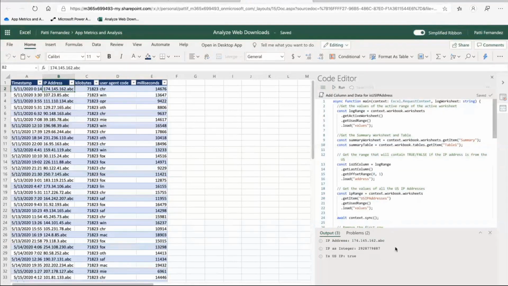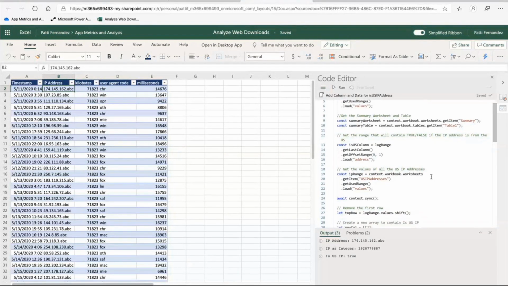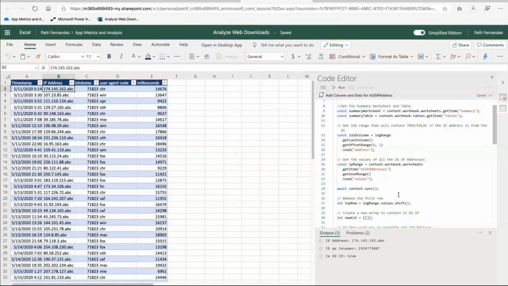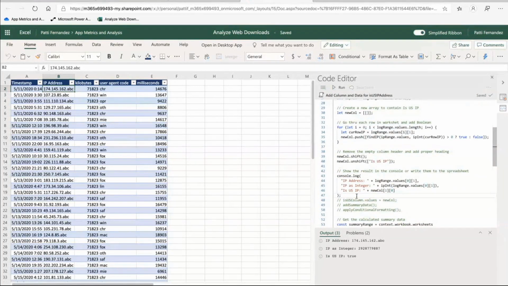So the console here is the way that you would troubleshoot your scripts. This is all very familiar to some of you that have been using ScriptLab. Here we're taking a very similar set of features and making them a core part of Excel on the web natively. So one thing I'm going to do here is go back to that console statement,